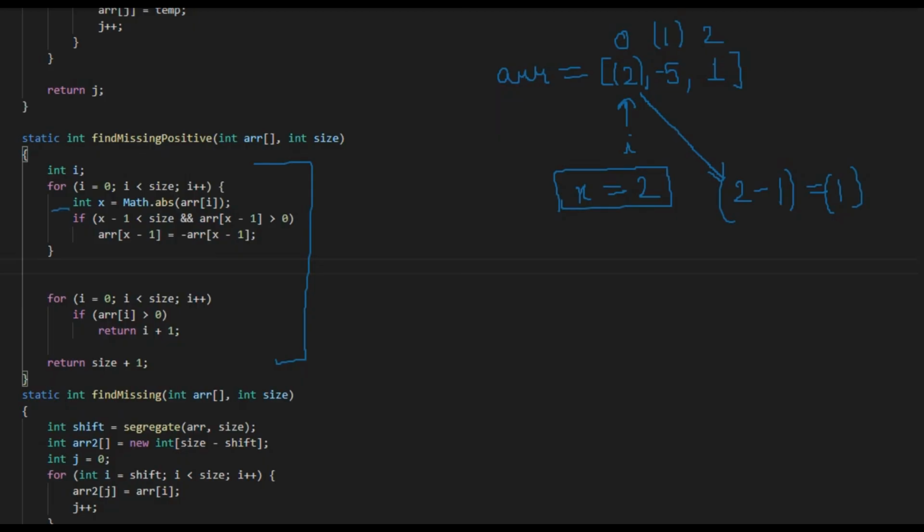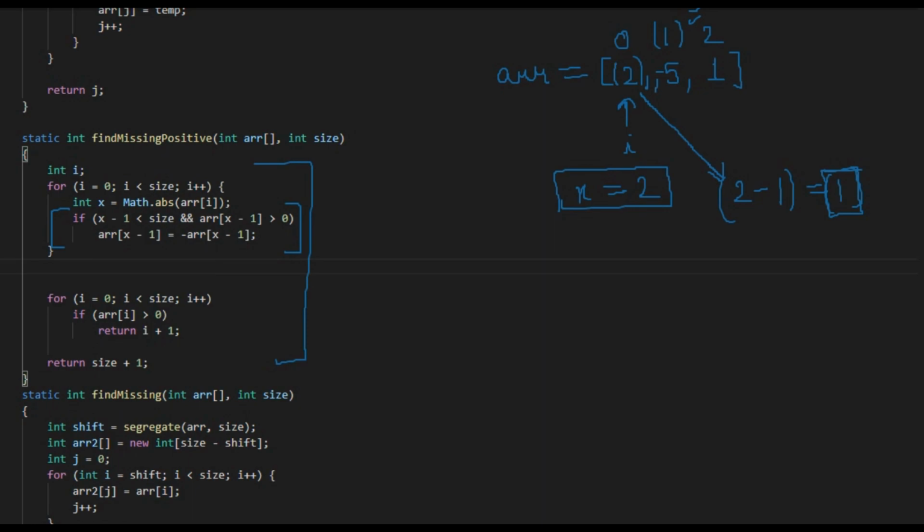So what this if statement is doing is taking care of these conditions. First, x minus 1 should be less than size, that means the index is present in this array or not, which is taken care of by x minus 1 less than size. Second condition is array of x minus 1 should be greater than 0.